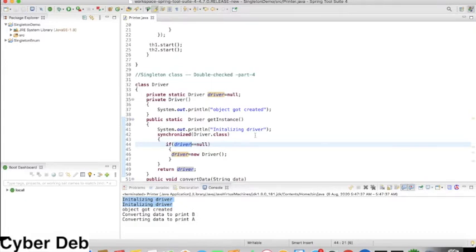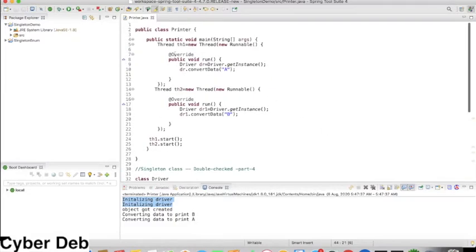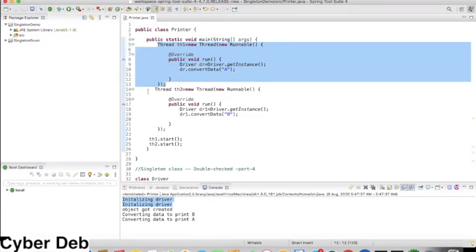This is one of the safest processes of creating a singleton class by implementing the singleton model. This class is using a multi-threaded model, and it satisfies all the rules of the singleton design pattern.